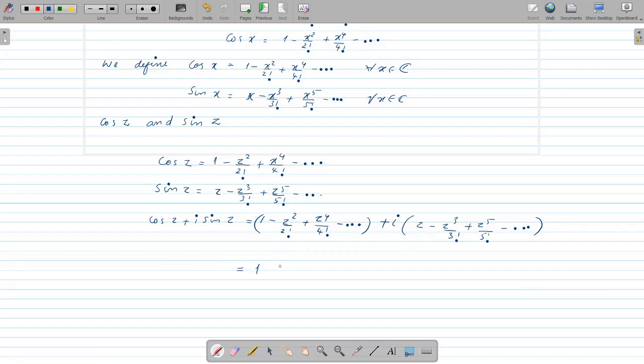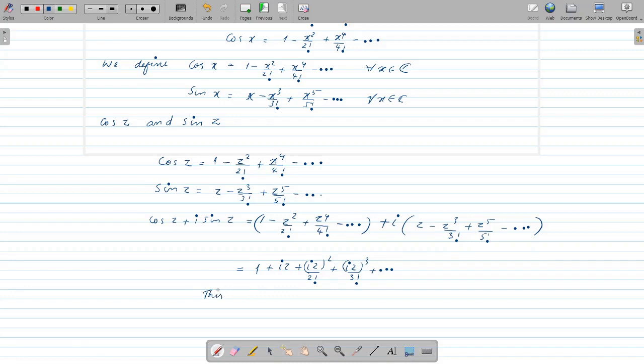Okay, so that will give 1 plus iz. Then you collect this term, that is minus z squared by 2, that can be written as (iz) whole squared by factorial 2. Okay, then collect this term, that will be plus (iz) whole cubed by factorial 3 plus